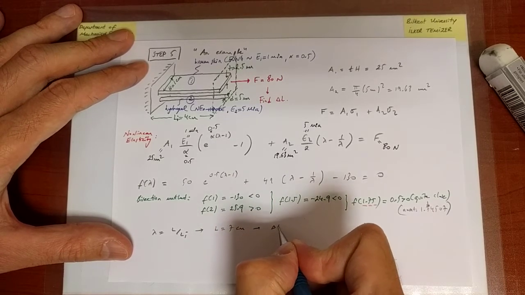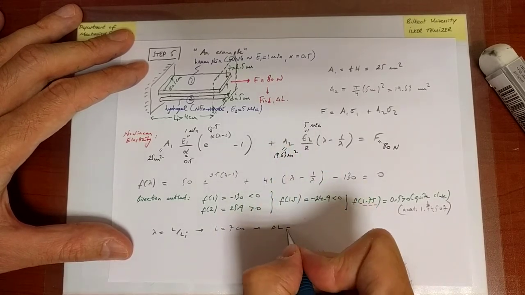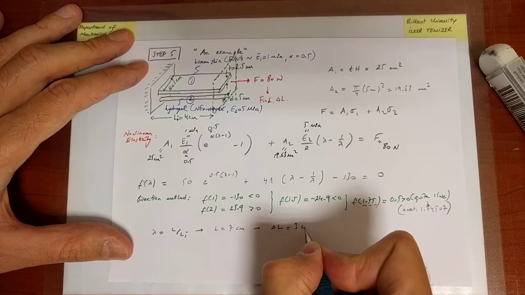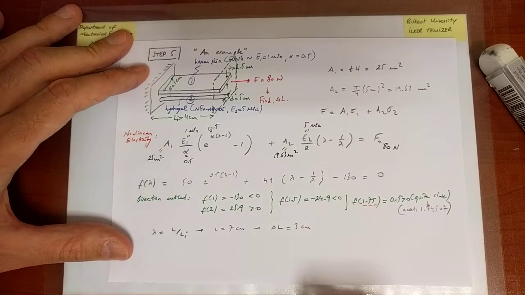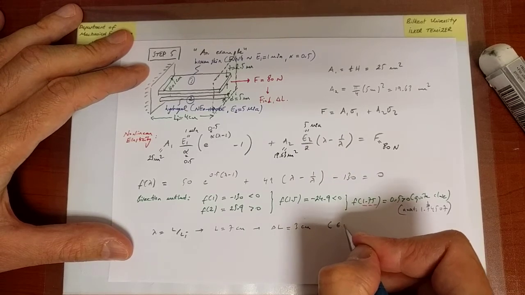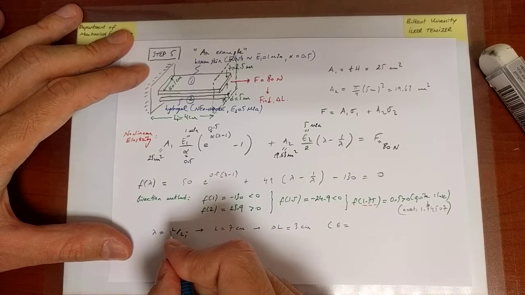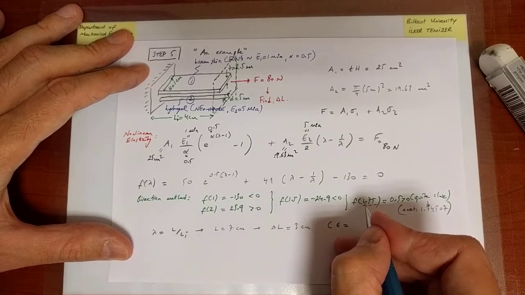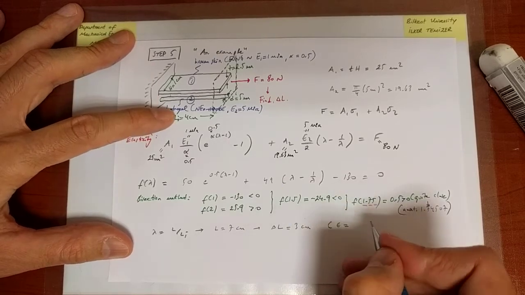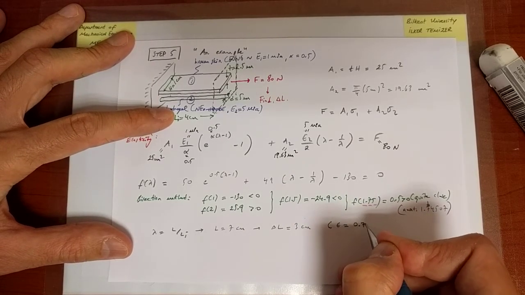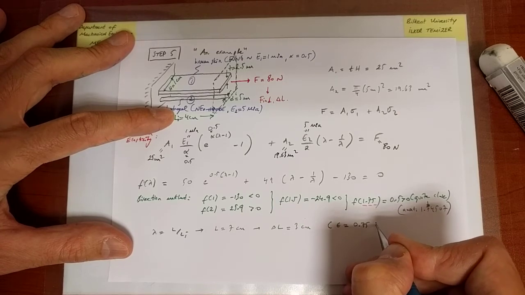In other words, the change in the length that I am seeking is equal to 3 centimeters. Okay? So if we go ahead and evaluate the strain, which is lambda minus 1, or 3 over 4, is the same thing. It's 0.75, which is not a